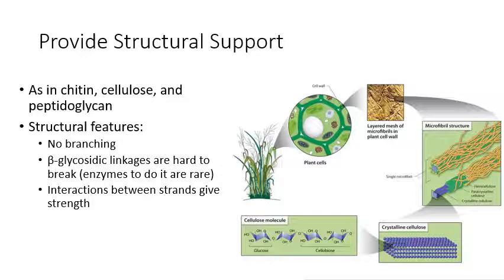But it's always going to be some type of beta linkage, because when you're using the beta glycosidic linkage, that gives you a straight chain, and it's also hard to break that linkage. There's just not that many organisms that have the enzyme you need to break that bond down. No animals can do it, for instance. So you're going to have always a straight chain, no branching, the monosaccharides linked by the beta glycosidic linkages,